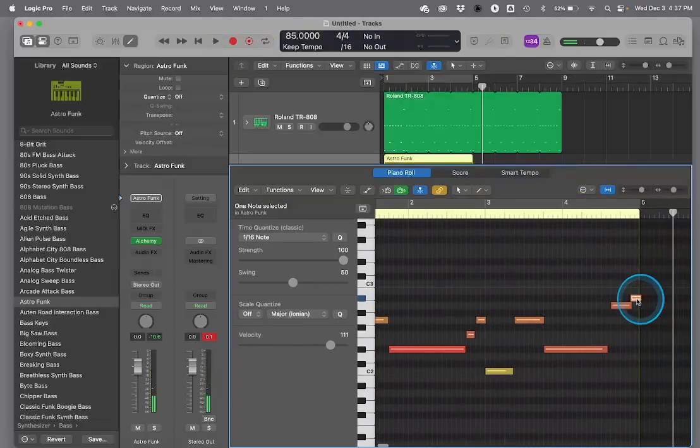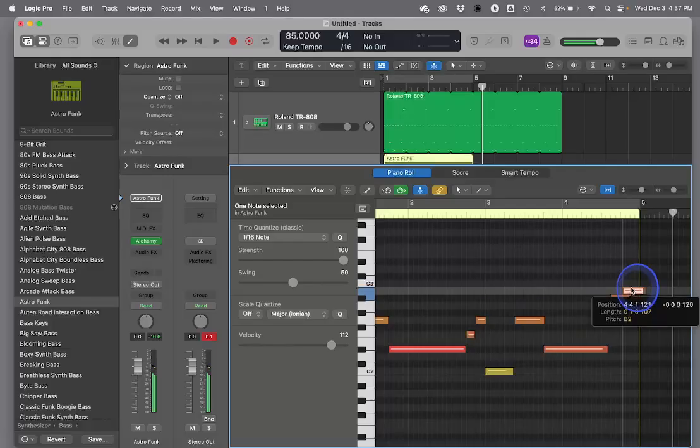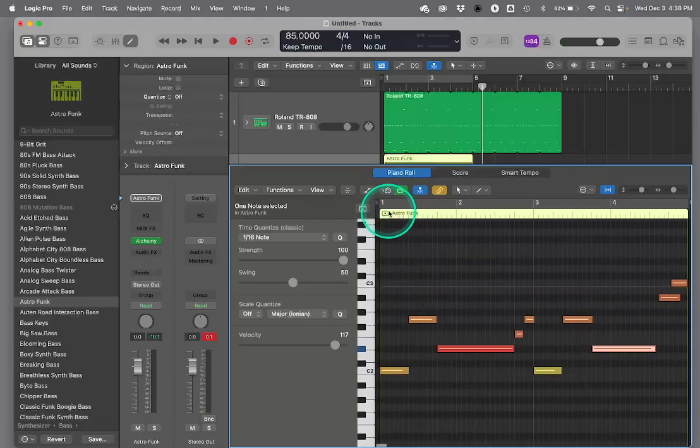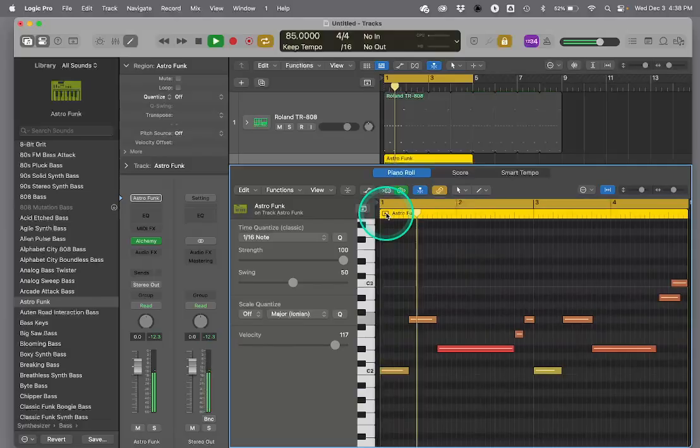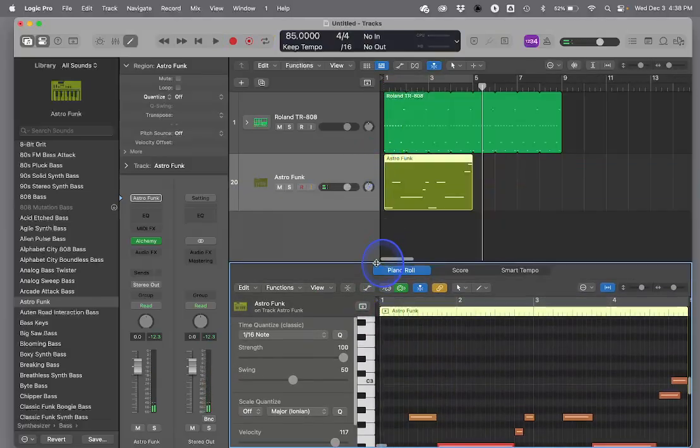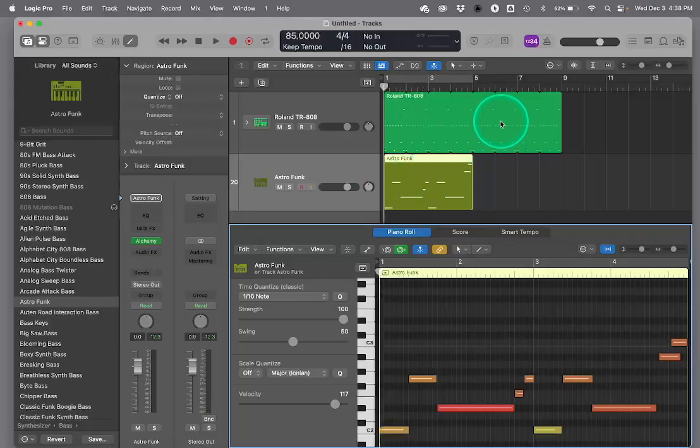And so I can also go in here and change any other notes here. If I hold down the Command key, my cursor turns into a pencil, and then you can add notes. Okay, this play button will play only the region in question. If I go back up here and hit play,